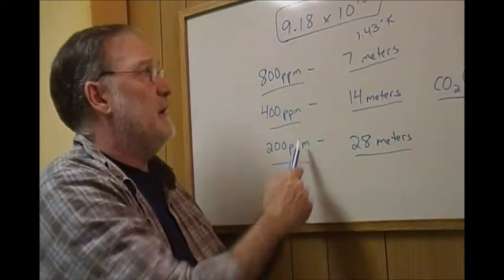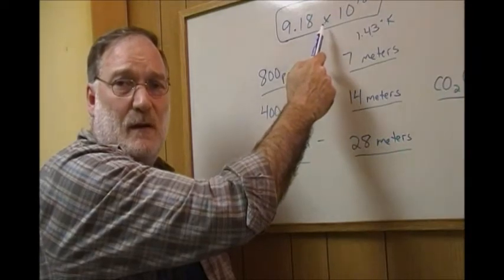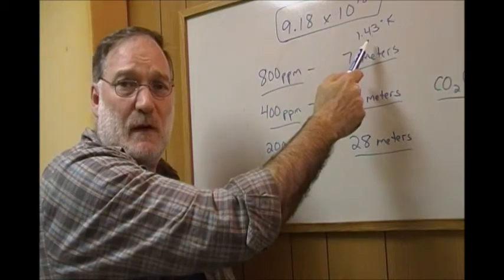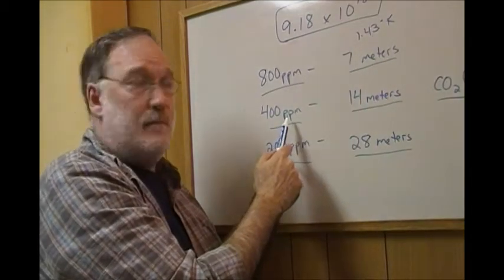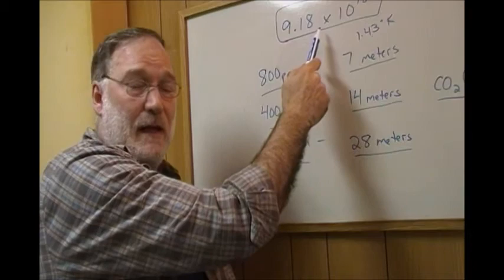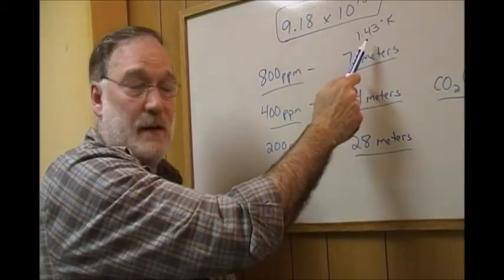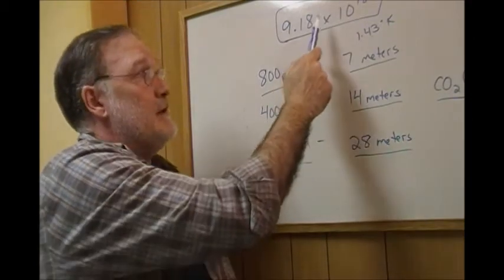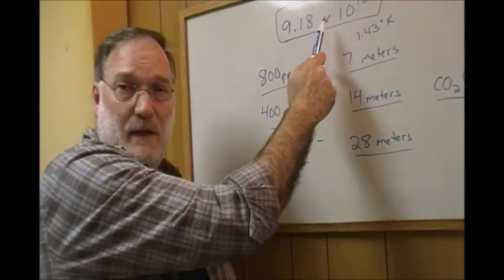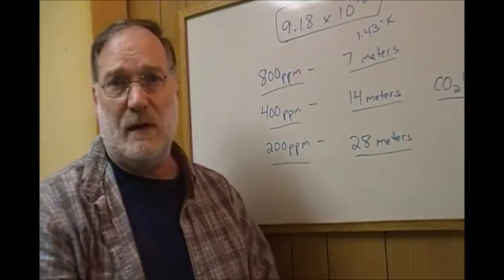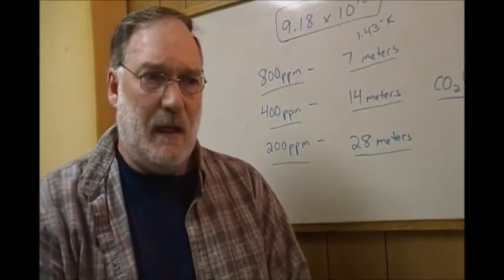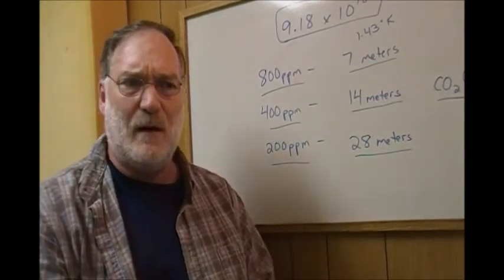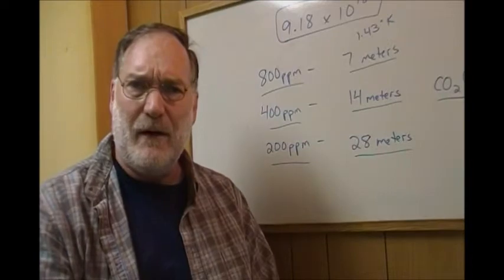At 200 parts per million, this many molecules absorbs all the radiation available. Each of those molecules warms this much. At today's levels, this many molecules absorbs all the radiation. Each molecule warms up this much. Double the carbon dioxide, this many molecules will absorb all the available radiation, and they'll each warm up that much. At each carbon dioxide level of concentration, the same number of molecules are warmed the same amount by the radiation